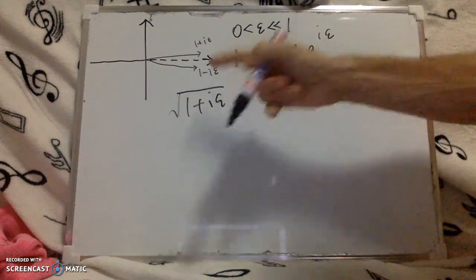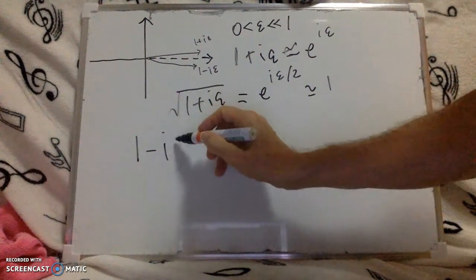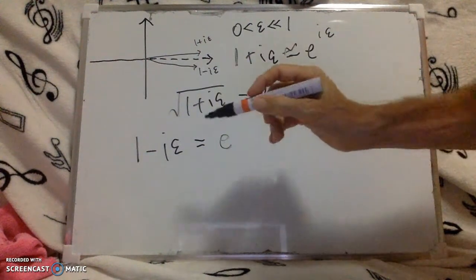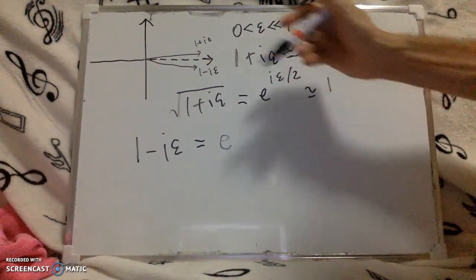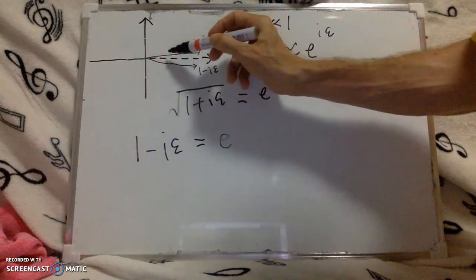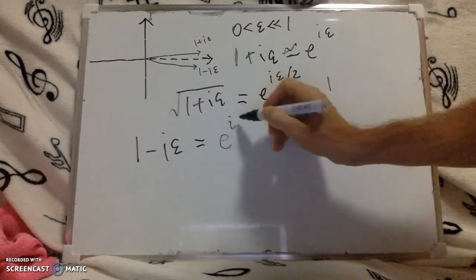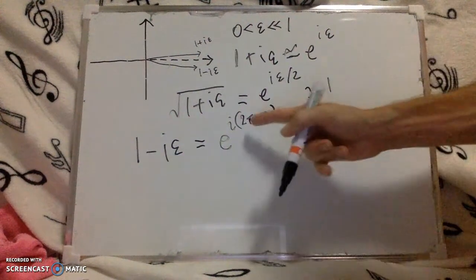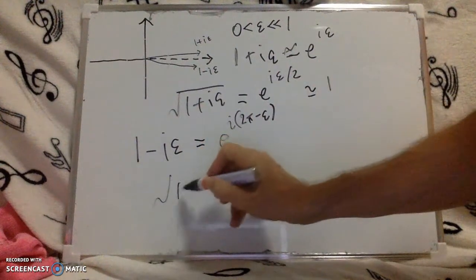Right, now for this one, this is where we have to be careful, and this is the key to the question. When we write this in polar form, how do we do it? Well, obviously the length is still 1, but what's the angle? Well, the angle is not minus this, because we've got a branch cut here, we have to measure the angle right round here. So the angles are between 0 and 2 pi, which means the angle we want here is 2 pi minus epsilon. Okay, it's not minus epsilon, it has to be between 0 and 2 pi, which means that the square root of this